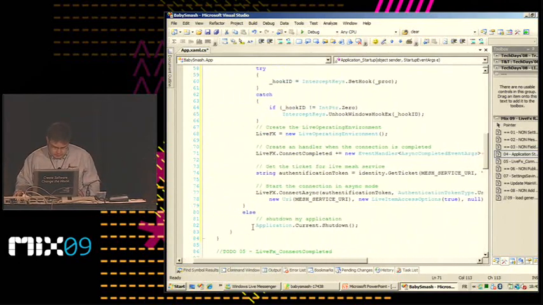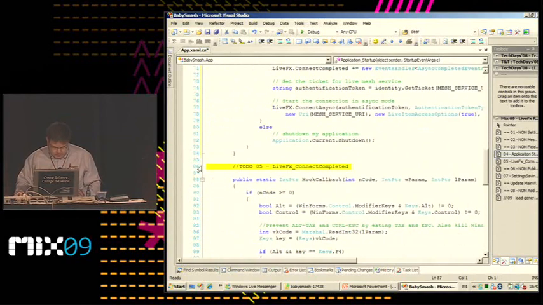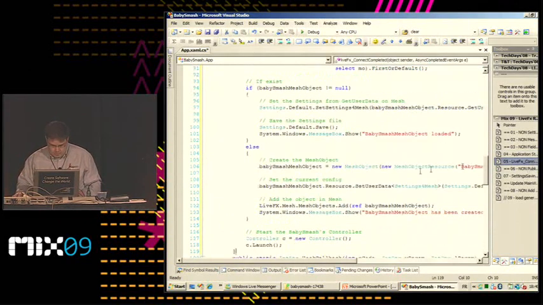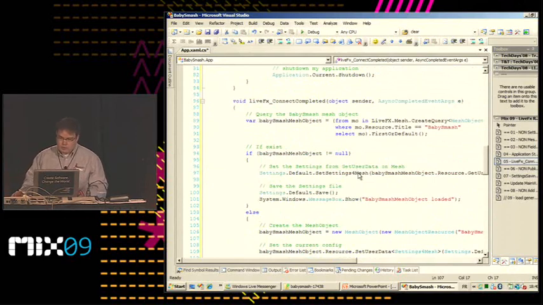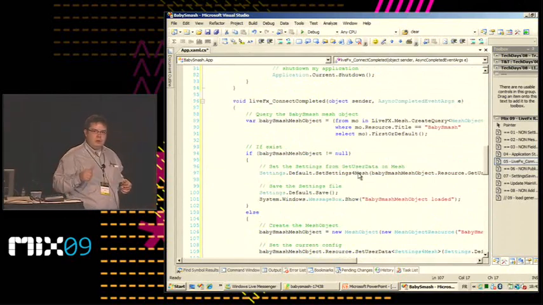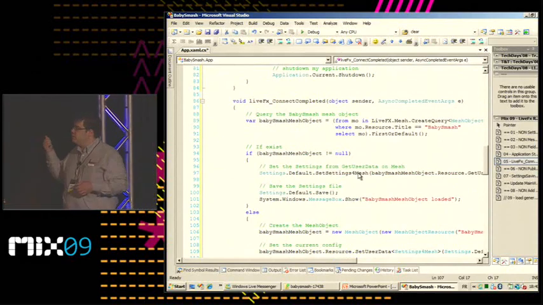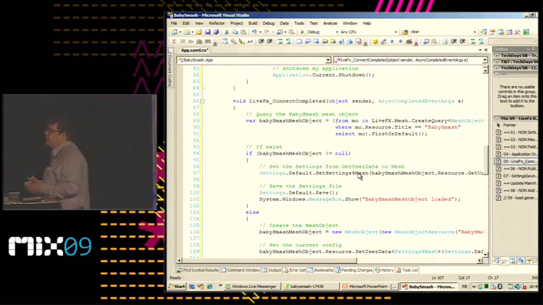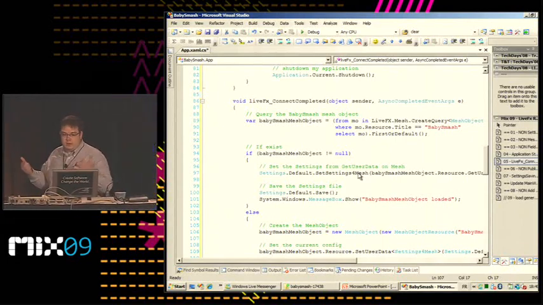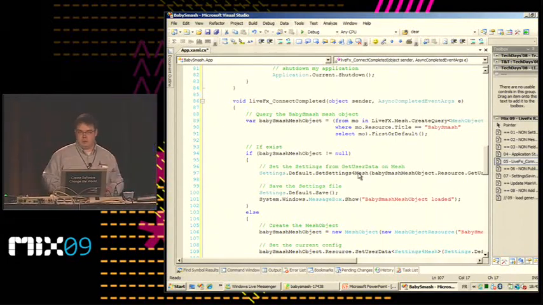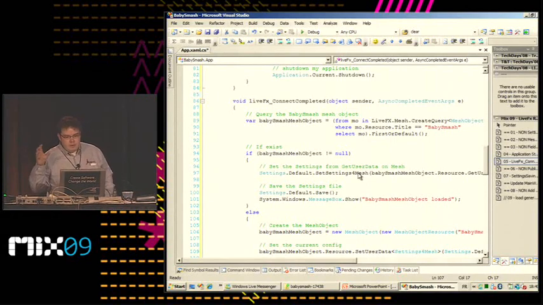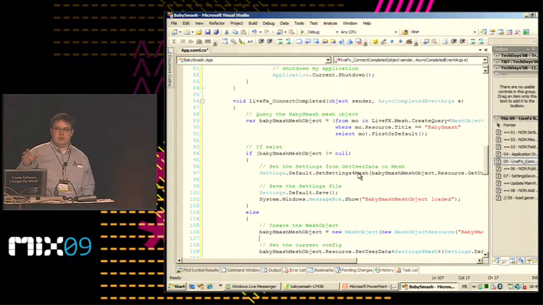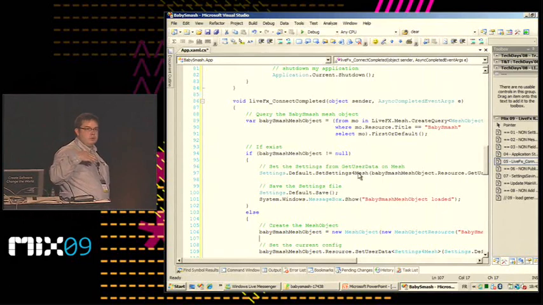I will create it. And what do I do in the LiveFX Connect Completed? First, I write a query with the link to my Live Operating Environment to find my data from my Baby Smash application. And if my Baby Smash mesh object exists, I just want to download it.